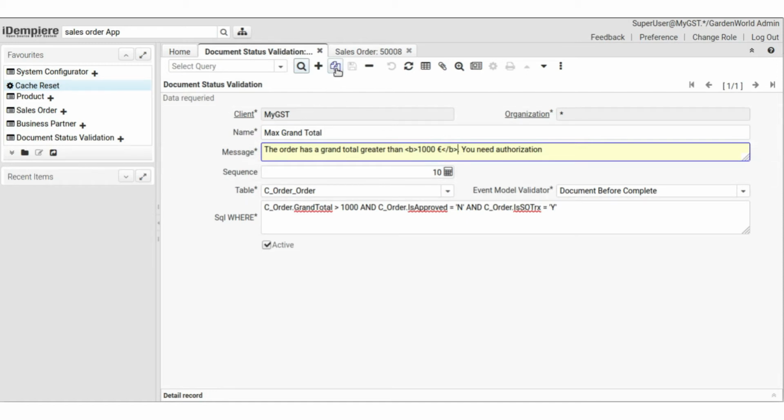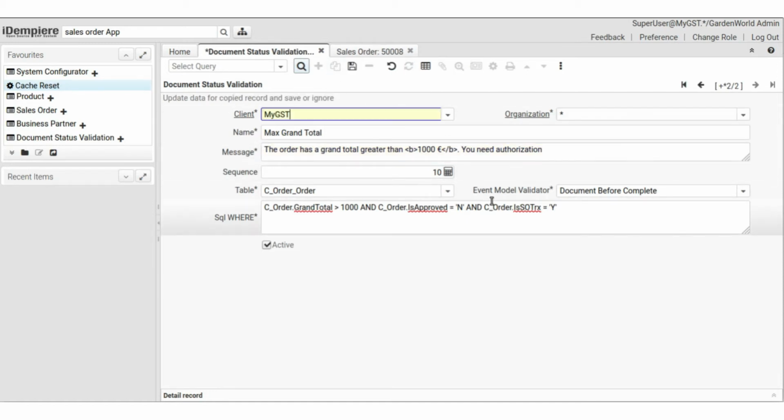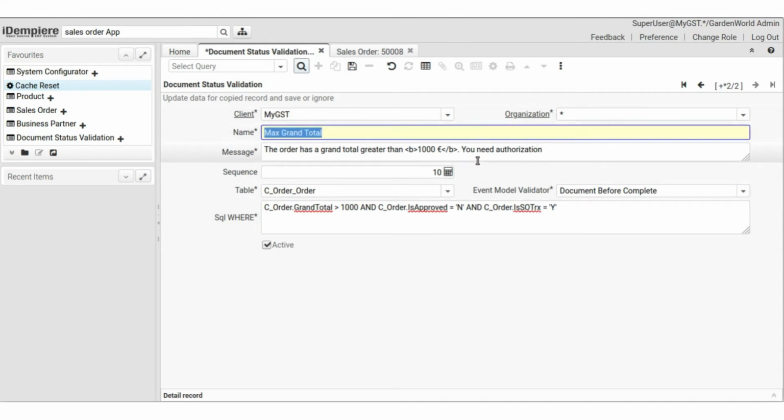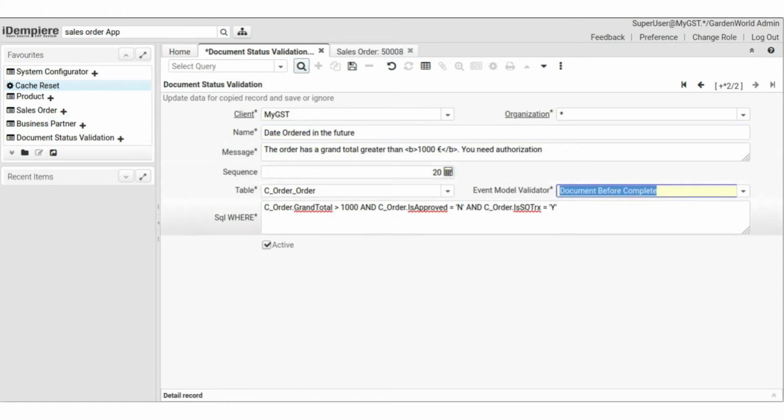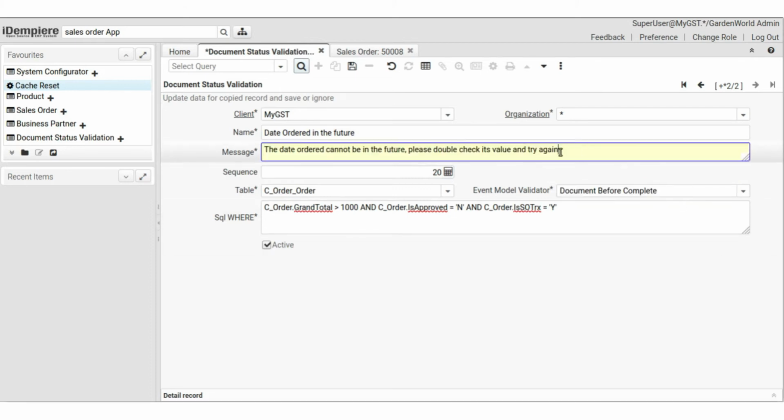Let's create another condition. Let's say, for example, that your business never sells in the future. So if there's an order with a date ordered in the future, it's a data mistake and should be fixed before completing. So let's change the name, date ordered in the future, the sequence. Let's give a meaningful message,